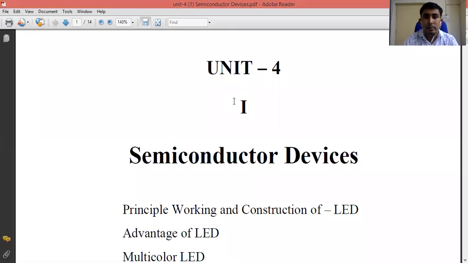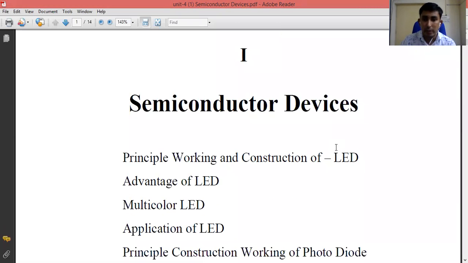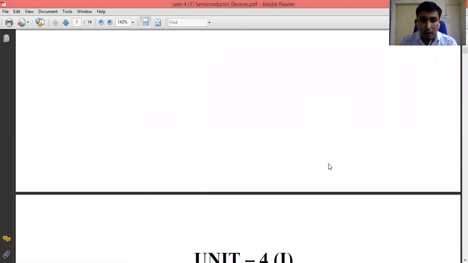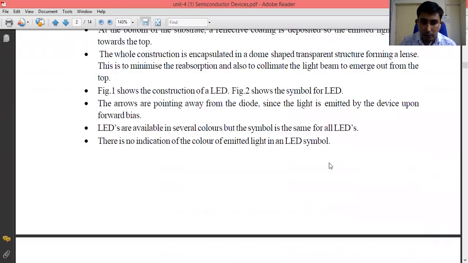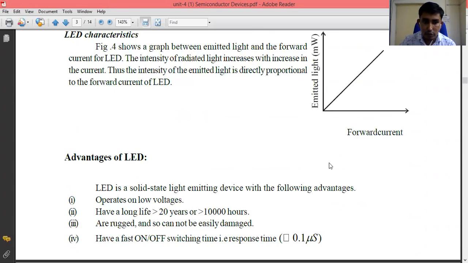Hello everyone, we continue with semiconductor devices. We complete one optoelectronics device, the LED. Now we discuss another type of optoelectronics device, which we know very well,